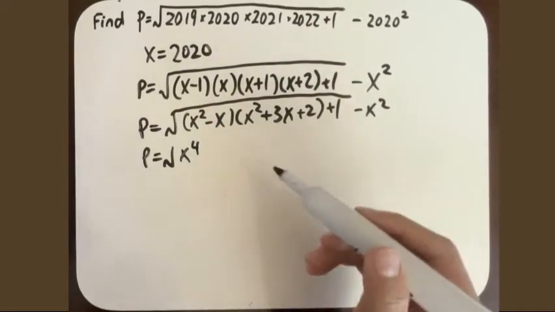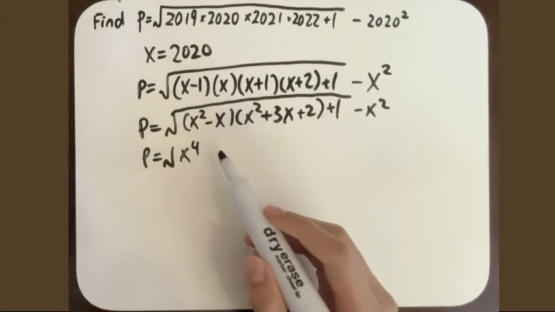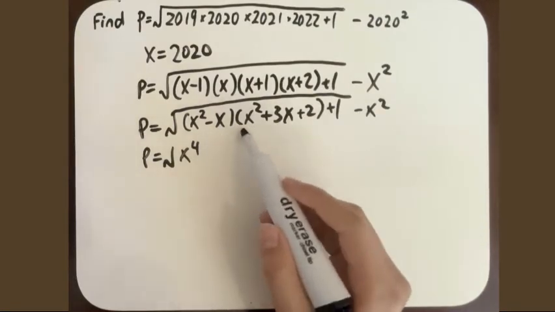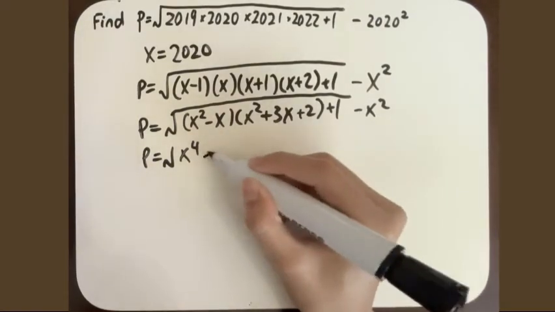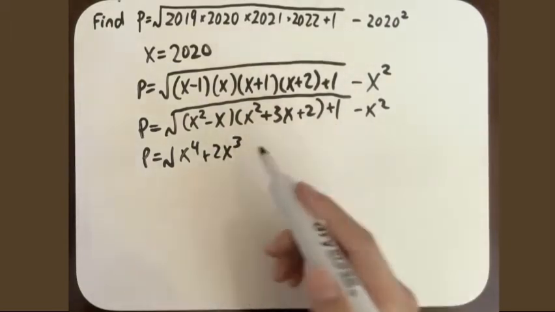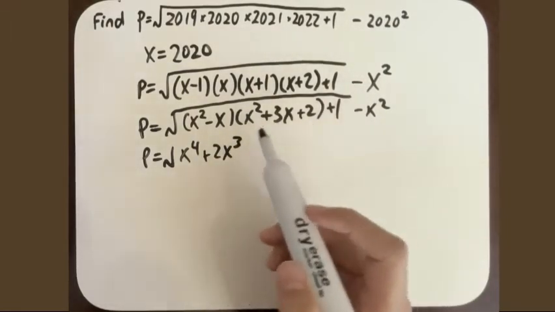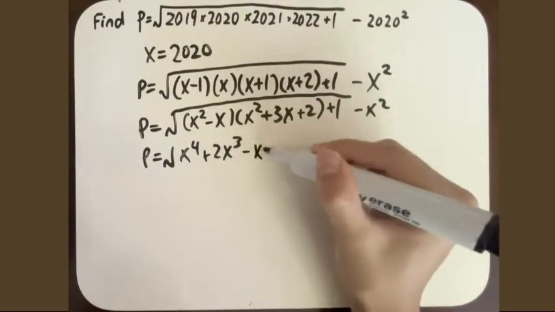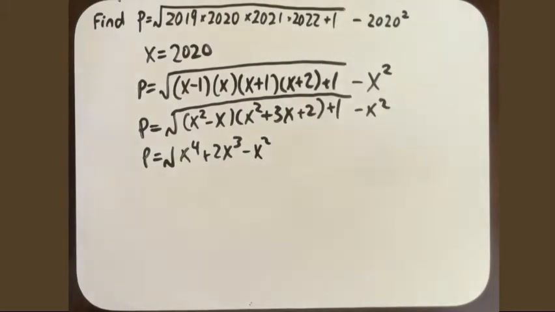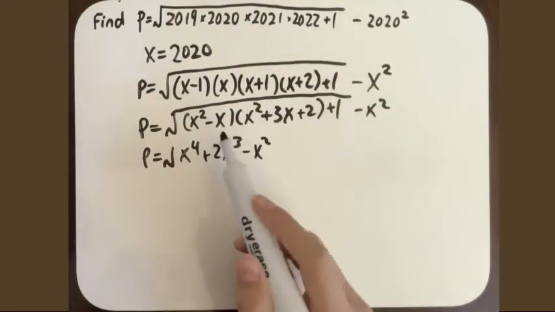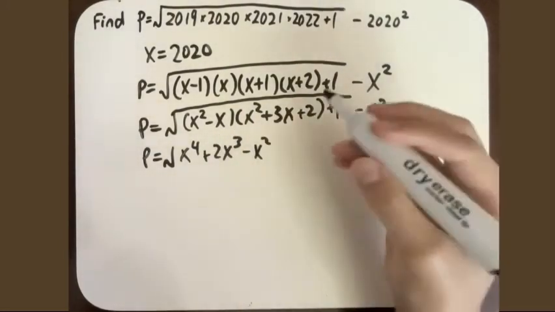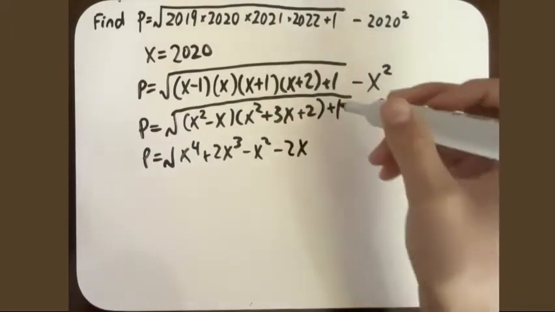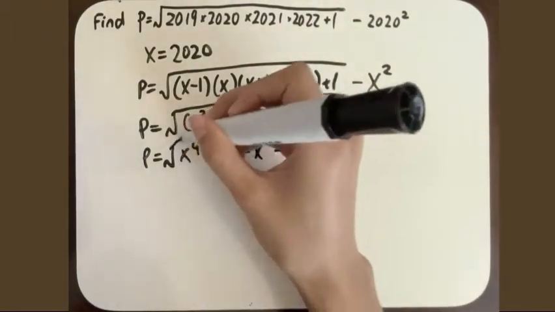This times this is 3x cubed, and then this is minus x cubed, so plus 2x cubed. This is 2x squared minus 3x squared, which is minus x squared. Then this is minus 2x, and then the plus 1 at the end here. So square root of all that,